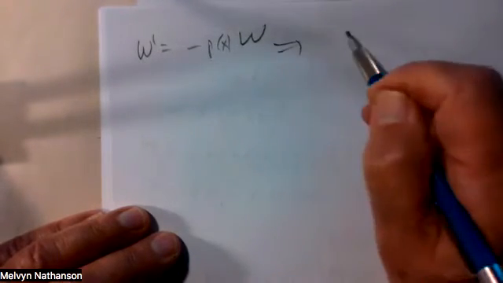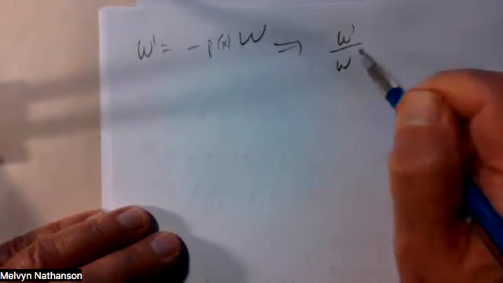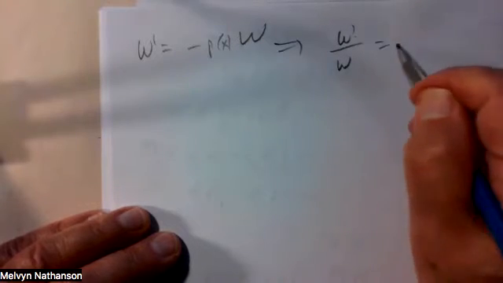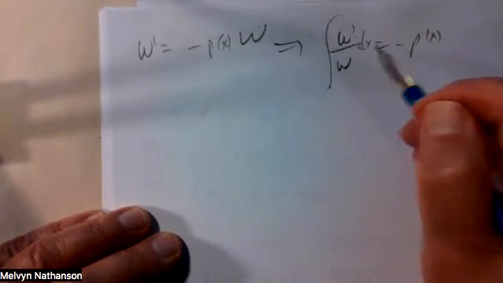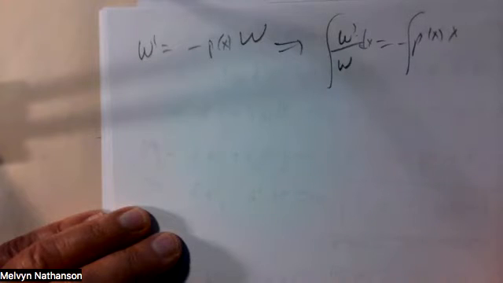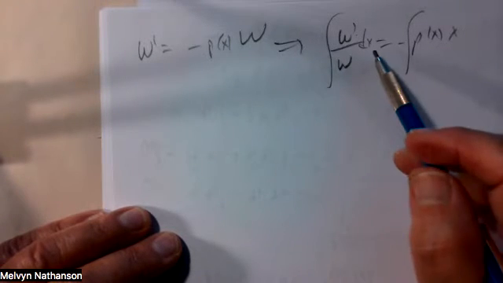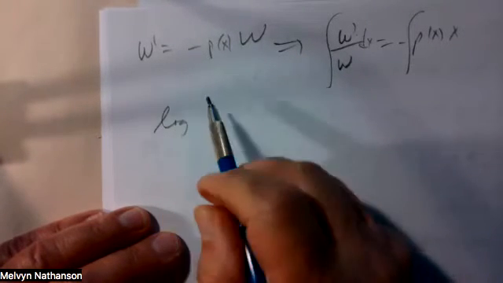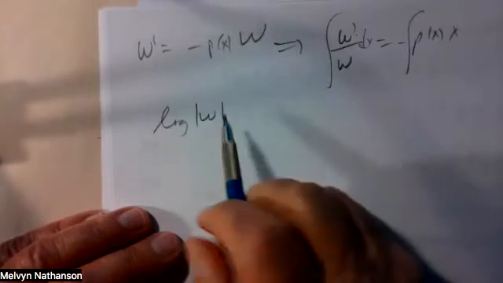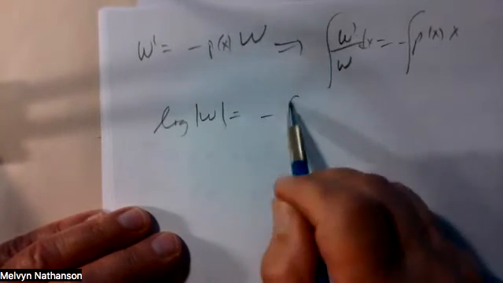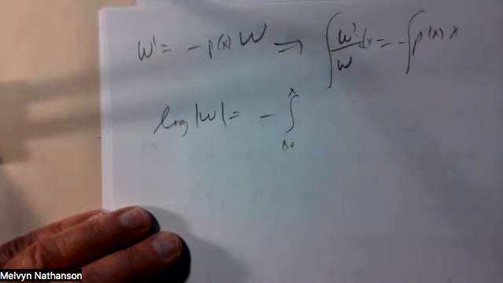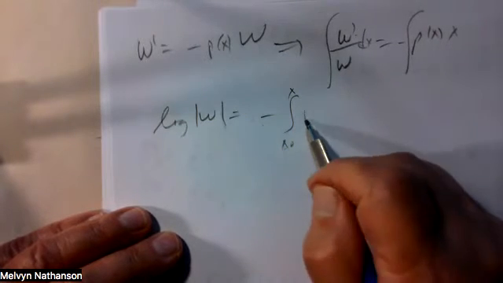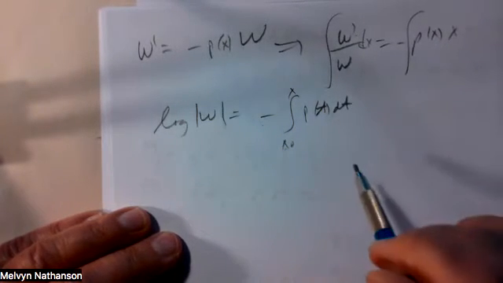It says W prime over W is minus p of x. If you integrate both sides with respect to x, you get the log of W is minus the integral, let's say from x naught to x of p of t dt,